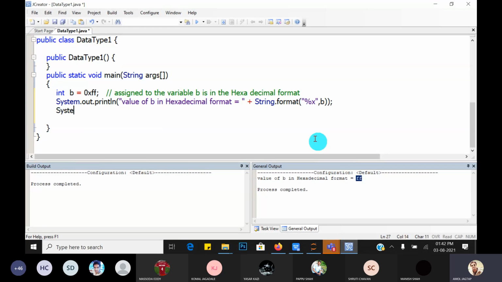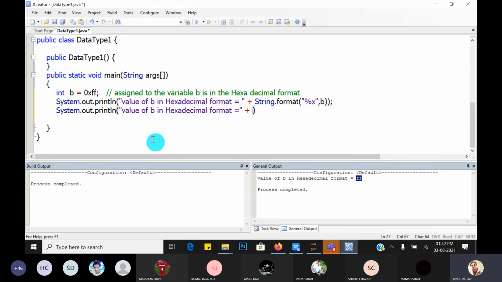Now what is the other way? System.out.println, then write the same message, value of b in hexadecimal format, but display it in another form.